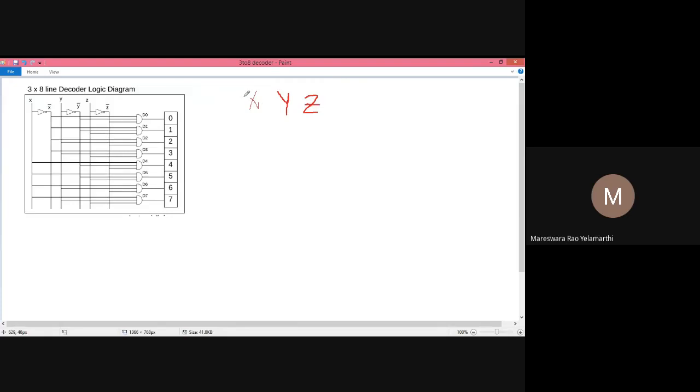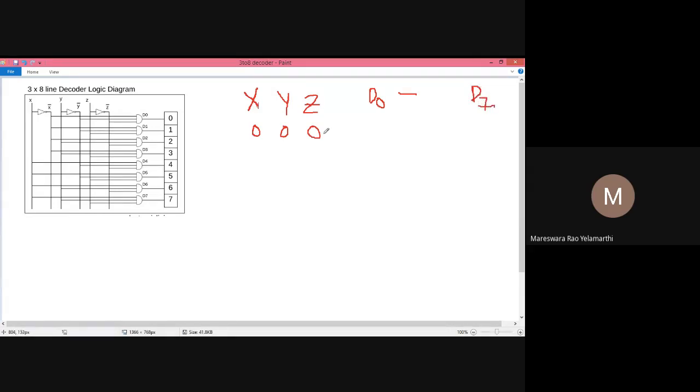Correspondingly, I need to get an output. The first combination is 0, 0, 0. For this input, we have outputs D0 to D7.